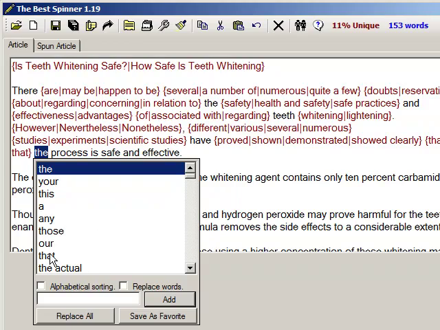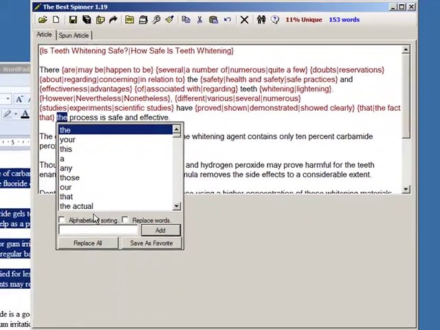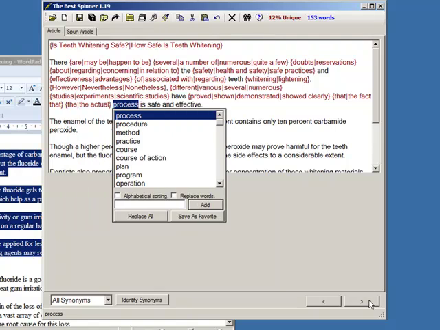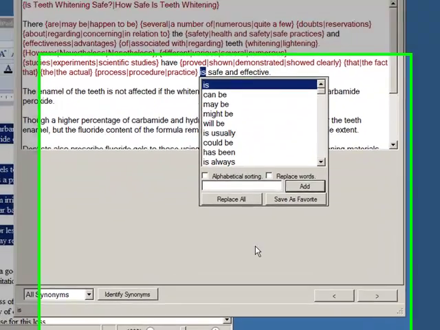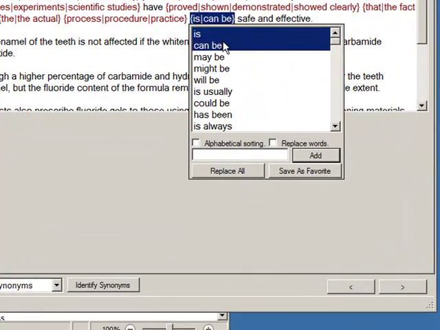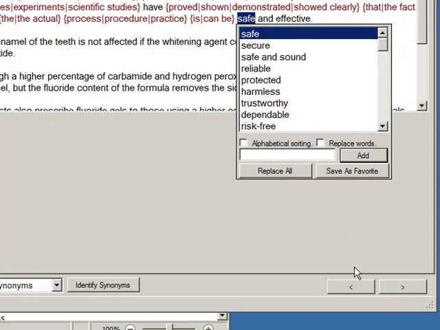You do it again, rinse and repeat. And as you can see, they're highlighting all the words in red, and it's given you maybe 4 or 5 different words to use in your article every time you run a new